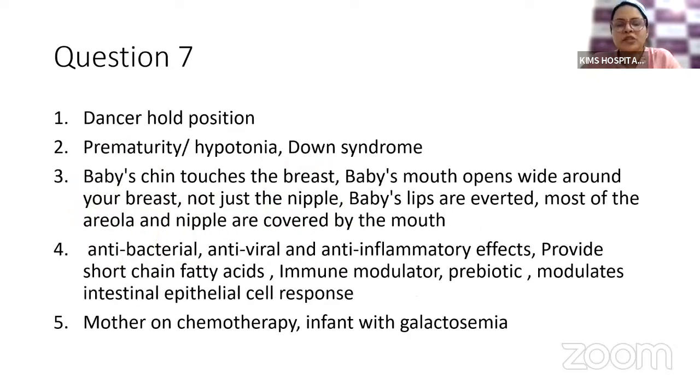HMOs are non-digestible carbohydrates that are passed on from the breast milk to the baby, and they have various immune properties, including antibacterial, antiviral, anti-inflammatory effects. They provide short-chain fatty acids, particularly short-chain butyrate, and immune modulators, prebiotics, which modulate the intestinal epithelial response. Now, these prebiotics, human milk oligosaccharides, are found to modulate the pattern of the gut microbiome in a favorable fashion,